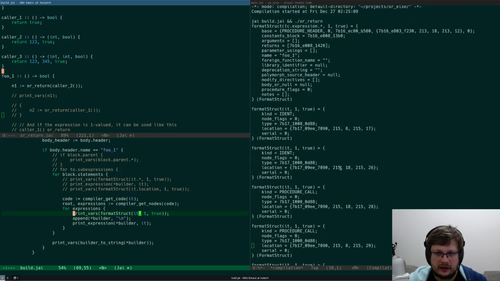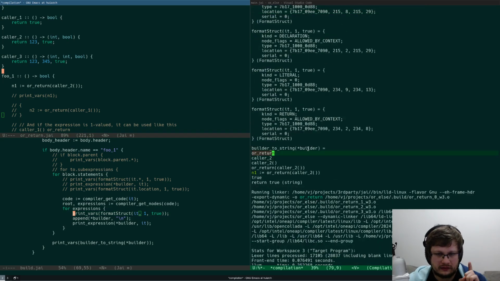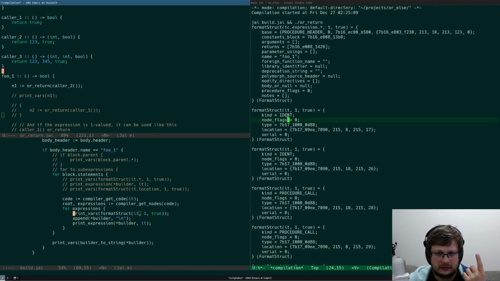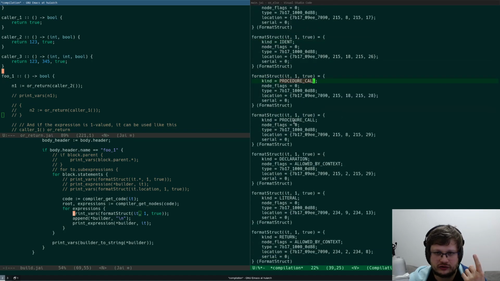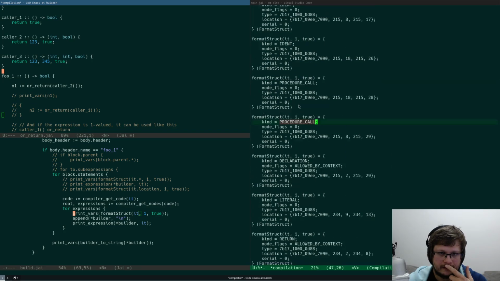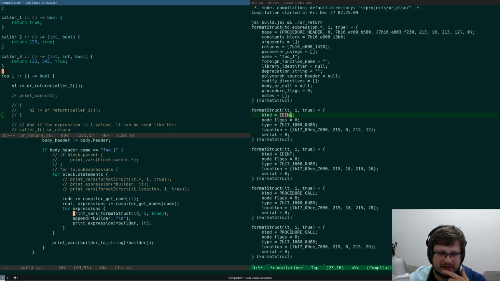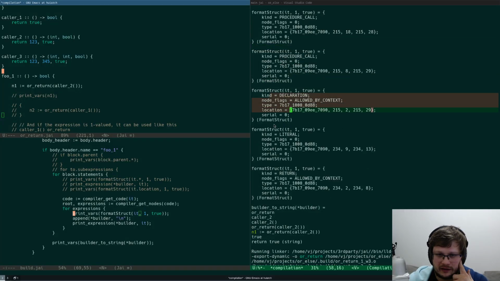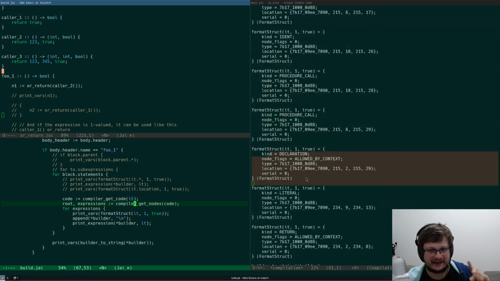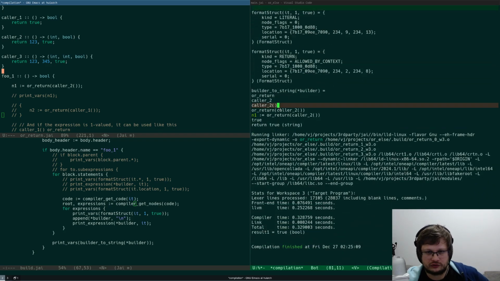Right. So what I get is an identifier. Right, this identifier. I think this should be N1. I get a second identifier. I get a procedure call, an ident. I need to cast them to check, but yeah, I'm not gonna do this. Basically, when I flatten them out, I get all the calls. So I get color2 here, and I get or return.